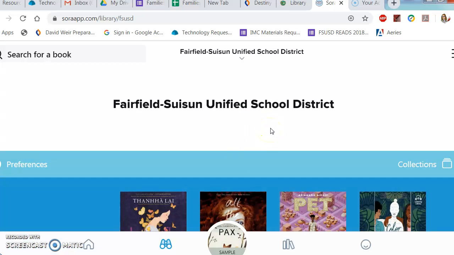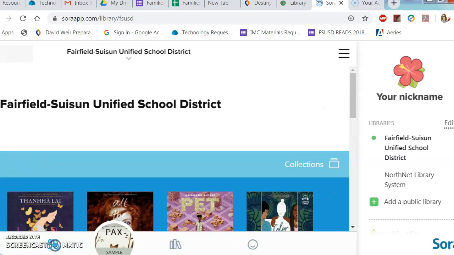Now, I'm already logged in, but if it's your first time, you want to make sure you log in with your Google account district. And then you definitely want to make sure, see on the side how I have Fairfield Unified School District, and then I have NorthNet Library System. That's the actual online version of Solano County Library, their collection. So if you don't have this under Fairfield, then click on Add a Public Library, and then you would look for Solano County Library or NorthNet Library. Once you've done that,